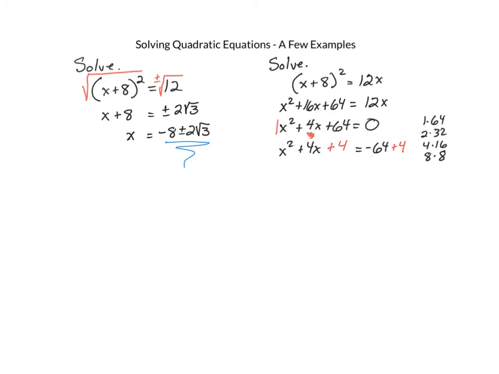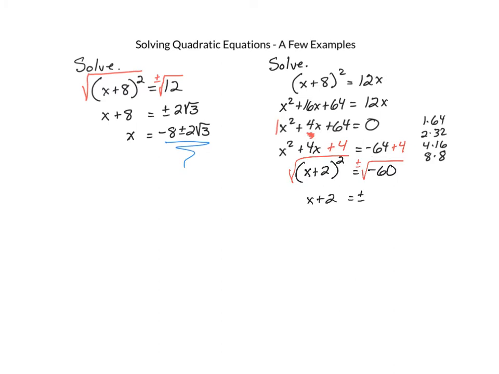And because we chose the appropriate number, we'll have a perfect square, guaranteed. So we have (x + 2)^2 = -60. And now it looks a lot like the problem that's to the left. We use the square root property. Take the square root of both sides, putting our plus or minus in. On the left-hand side, we have x + 2. On the right-hand side, we'll have plus or minus